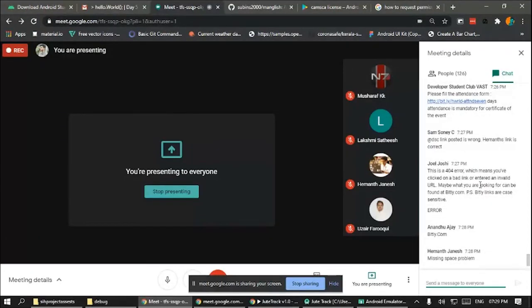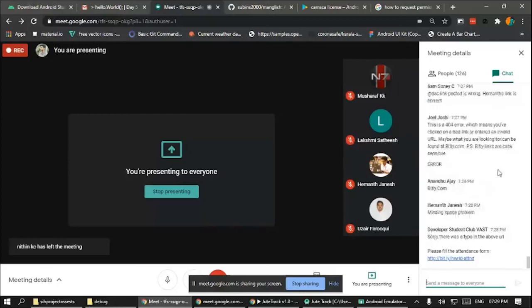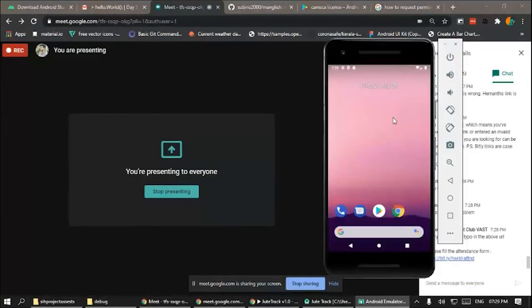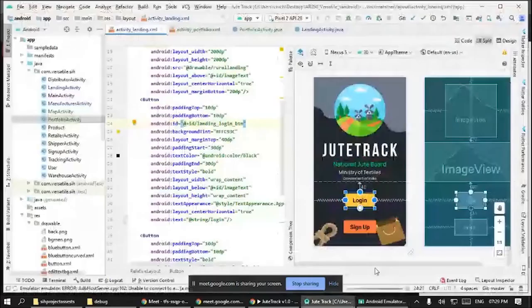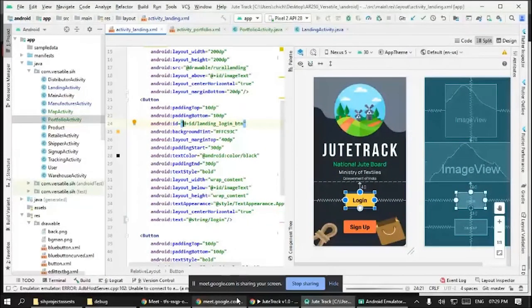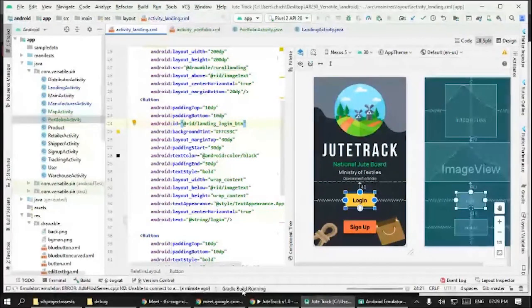Okay, am I missing anything right here? Okay, guys, any question here? No, I guess. So our emulator is running, and my app didn't run. Why didn't my app run? Oh, the Gradle build is still running. Okay.